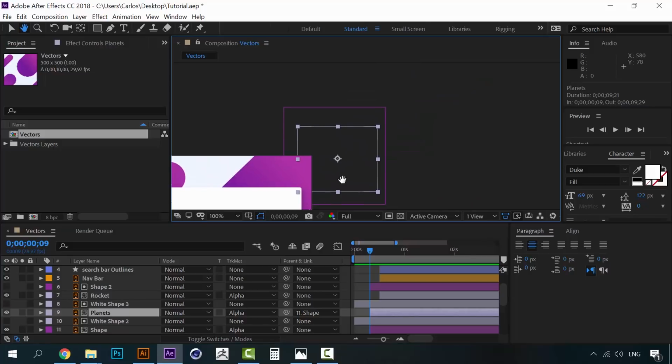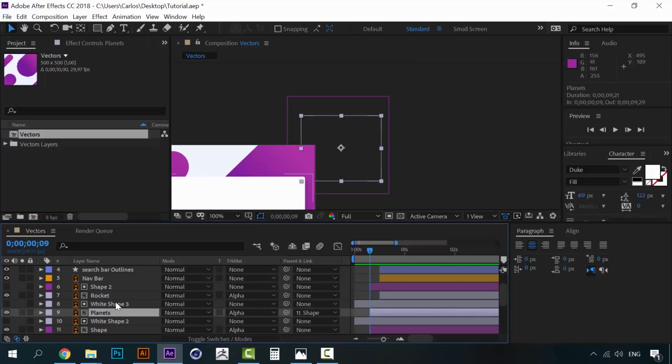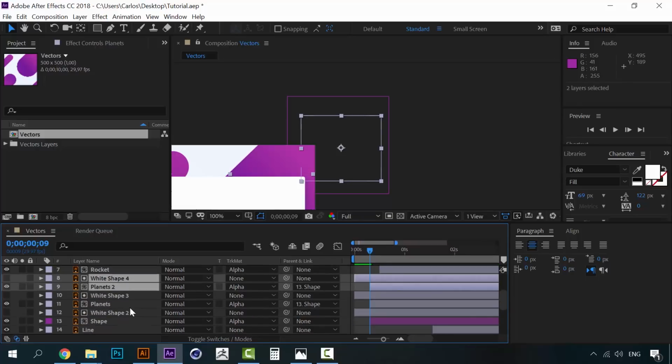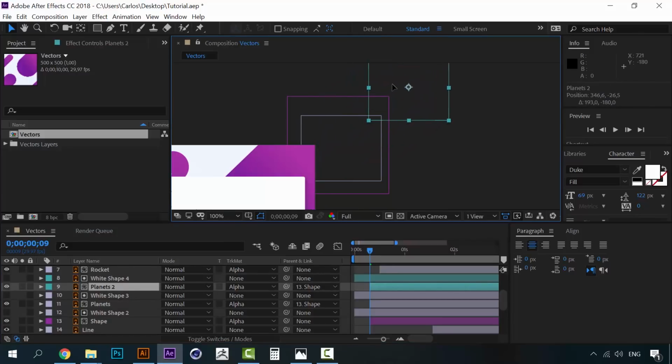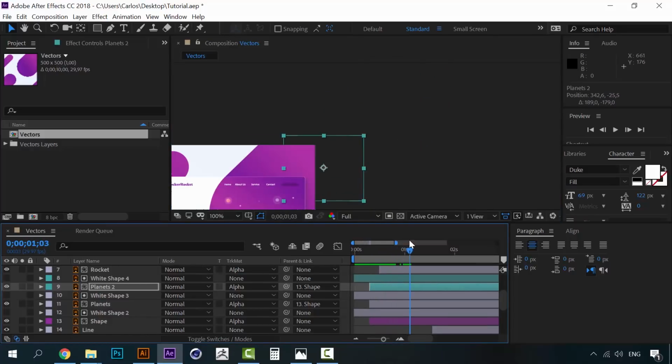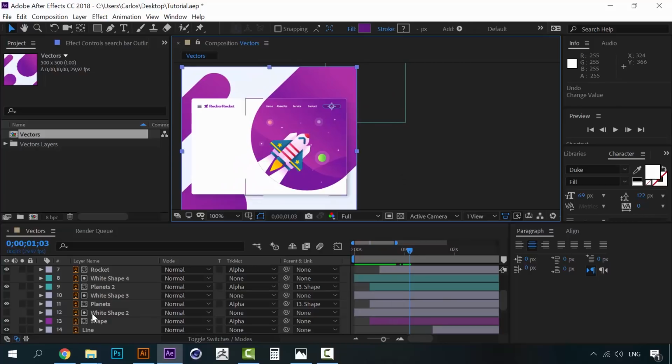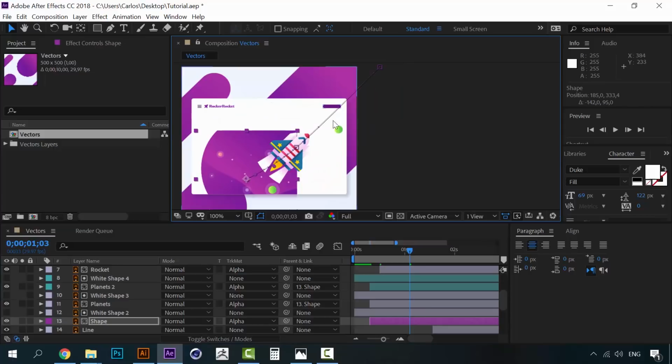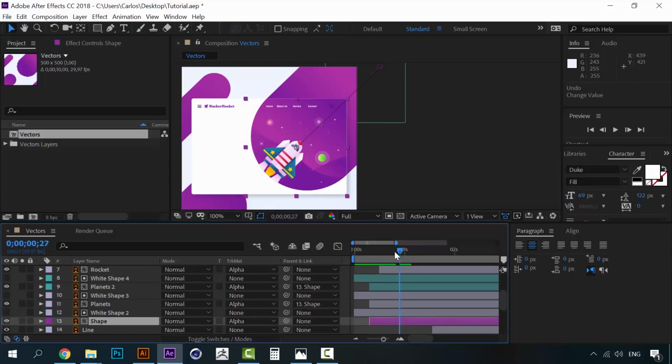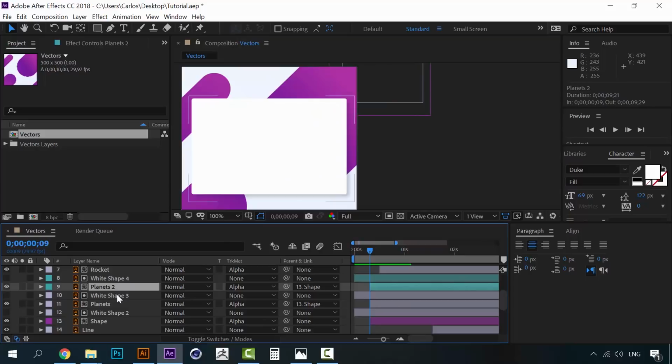Now take the planets and the white shape mask and duplicate it with Ctrl and D to create a copy. Let's paint this copy in a cyan color and click on the planets layer, which is the copy, and take it a little bit to here. So when it enters, you will have a new copy. You can see how we have a new set of planets. So you will have these planets too,